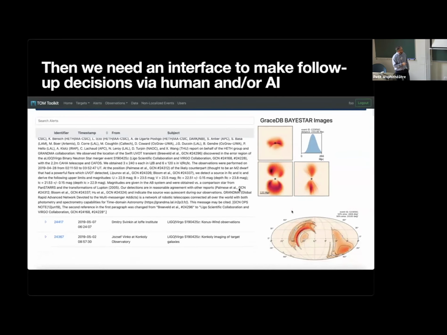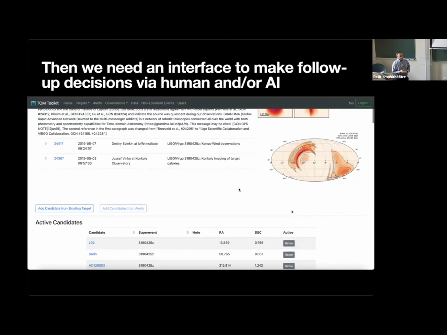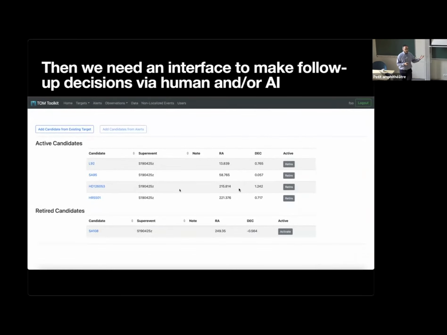You need information about, say, the probability regions, so that you know how far away it is. You know what telescopes you're going to need to get to a specific depth. You need to know which electromagnetic candidates have already been discovered in the region, so that you're not just repeating observations for nothing.